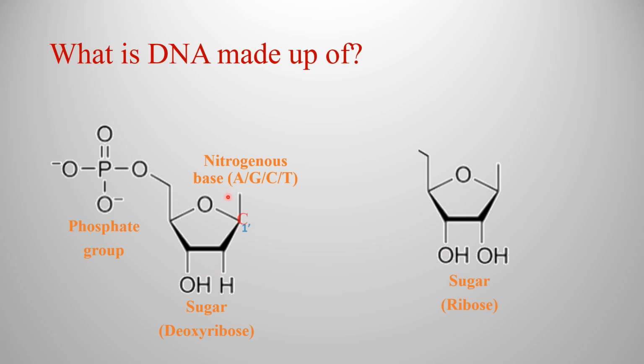The sugar molecule is numbered based on the position of its carbon atoms, like 1, 2, 3, 4 and 5. So you can see in the ribose, the second and third carbons are linked to a hydroxyl group, but in the modified form of ribose in DNA, the second carbon is linked to only a hydrogen atom, oxygen is missing. Hence it is known as deoxyribose, and hence the name deoxyribonucleic acid.